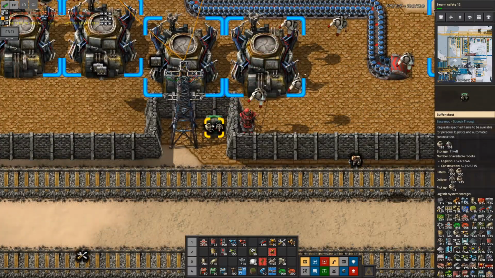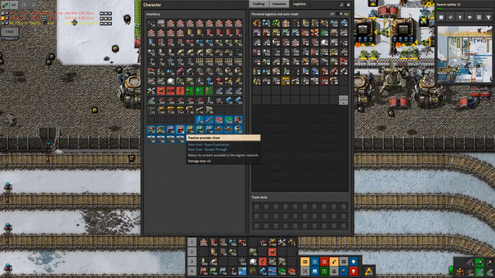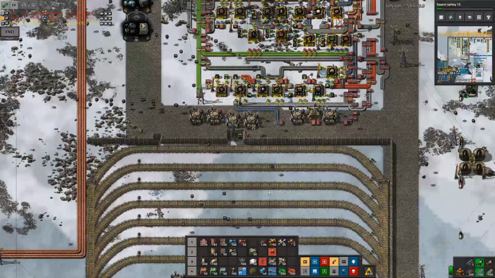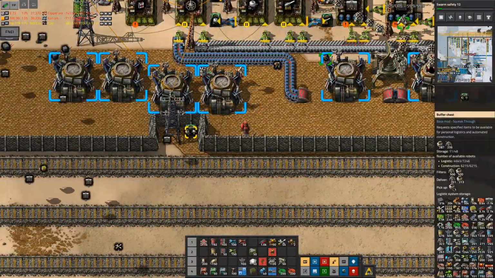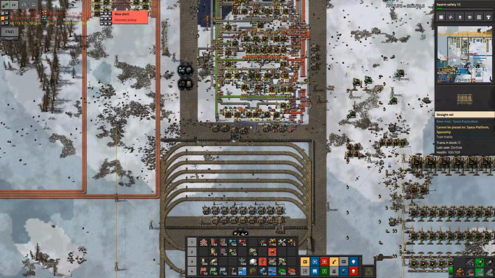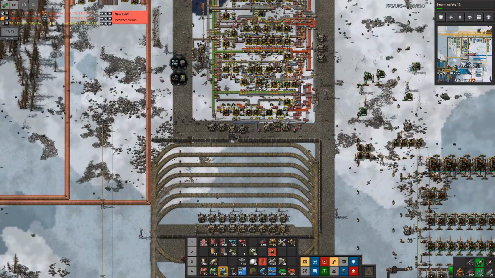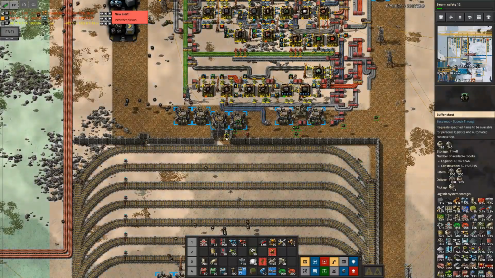But between green buffer chests and red passive provider chests, the green chests are higher priority. So when a train comes in and asks for robots, they will check in here first. And if there's enough in here, they will fill the robot from here, which is a much closer flight. And then in its good time, when the trains are not in a rush, the Logibots will refill this from